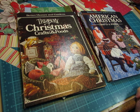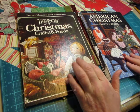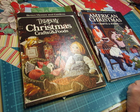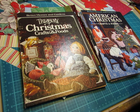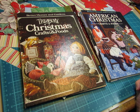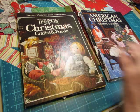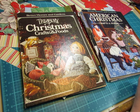But I have more Christmas journals to make, and today we're going to start on the Better Homes and Gardens Domestic Arts style of large journals. If you don't know what domestic arts style are, they are inspired by Gina from the Rebookery. That's the name of her YouTube channel and her shop, the Rebookery. And she did some journals out of large size crafting books, and she called hers home,